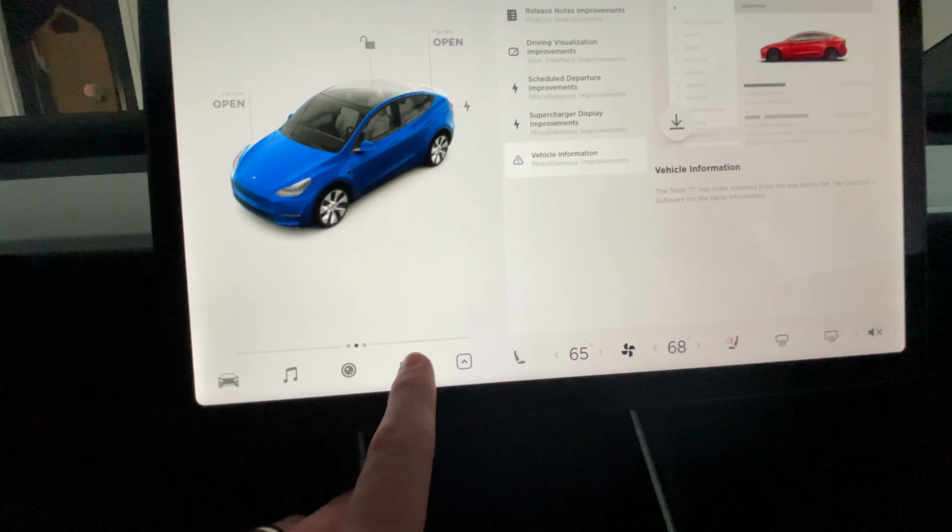So, but that icon is right there, the backup camera. Still no 360 around the car view. That is rumored to be coming in version 11, so we'll have to check that out once it does get here. If we get that update, that would be nice. And then down here we do have the toy box. Actually, let's go to